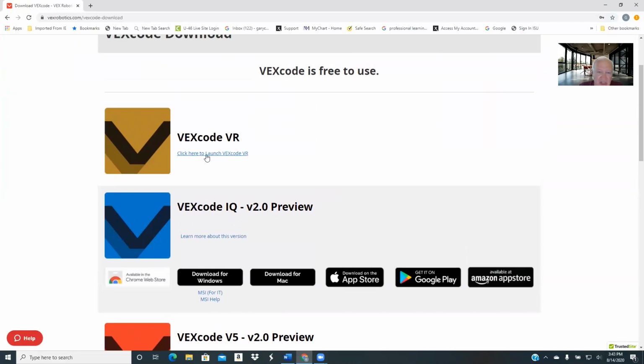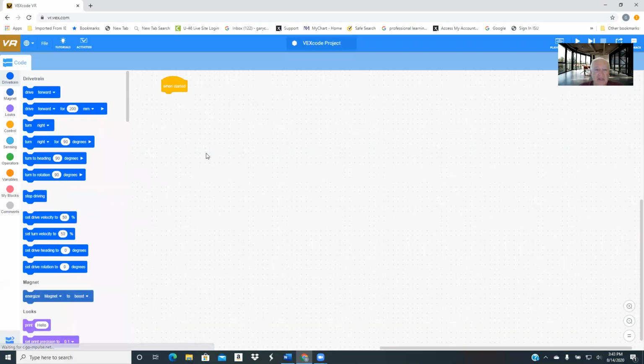laptop. So if we launch this, it's cloud-based. No software to download to your machine. And when it comes up and opens up, it's in the block mode of programming. This is what, if you're getting students in high school, some of them in the elementary schools, have used, block coding for the lower level VEX equipment. So you could do the block coding, but what it's also got,